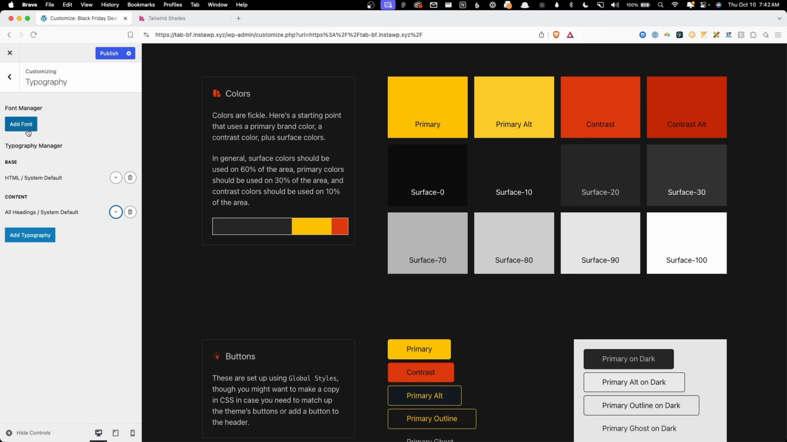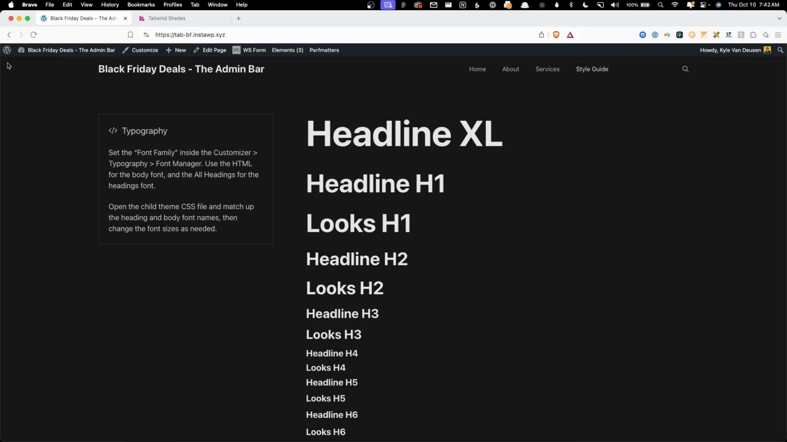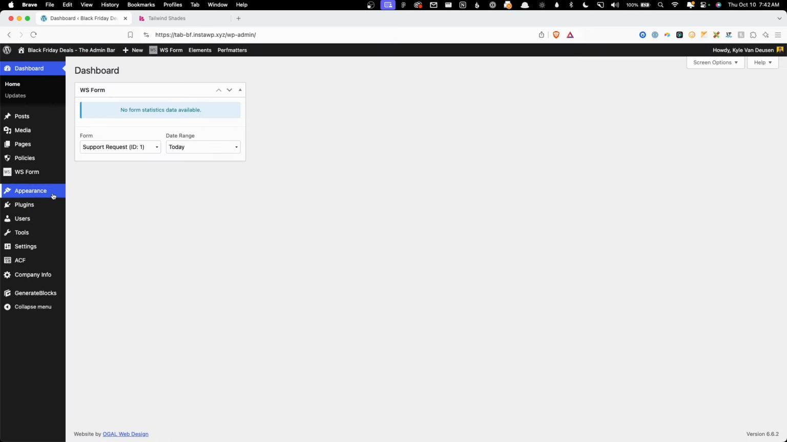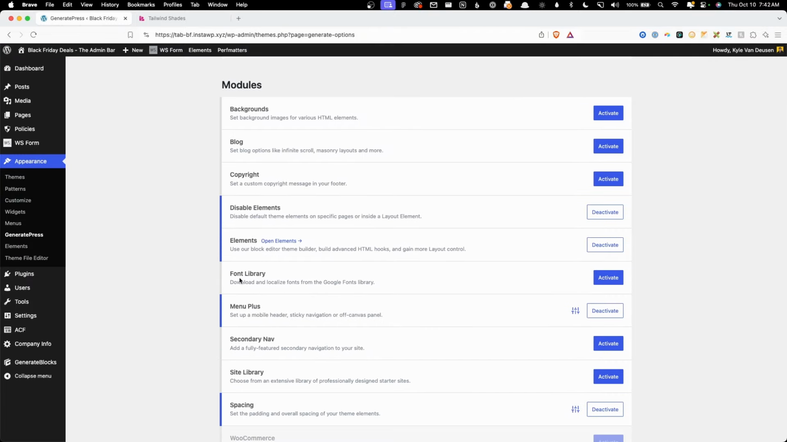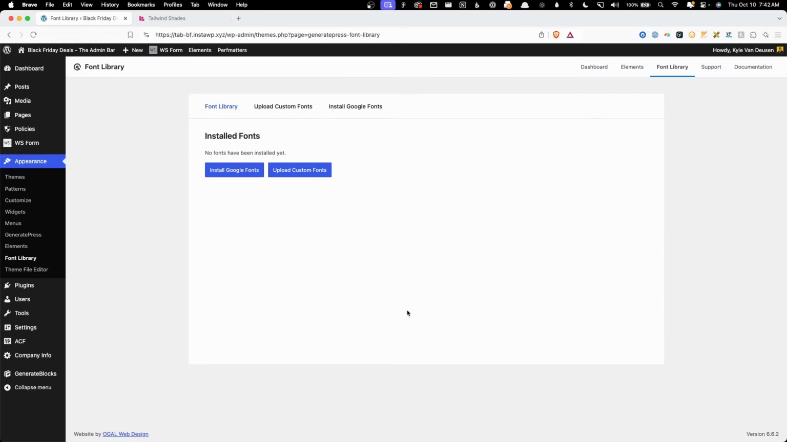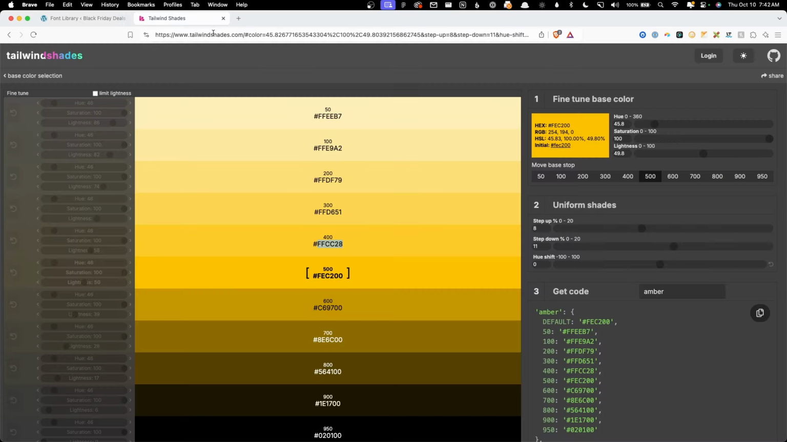However, we do need to add fonts here, and thankfully we can do that inside GeneratePress, where we can upload custom fonts now. To do that, we actually need to leave the customizer here because I don't believe I have that setting enabled. So we'll go back into our dashboard. Under Appearance, we'll go to GeneratePress, and if we scroll down here, we have the font library. We'll go ahead and activate that, and we can open up our font library. Now here we can install Google Fonts or upload custom fonts. I think we're just going to go ahead and upload custom fonts even though we're going to be using a Google font. I just want to show you through that process,